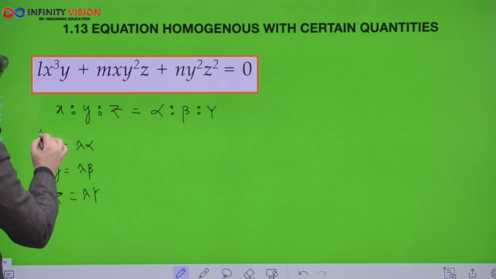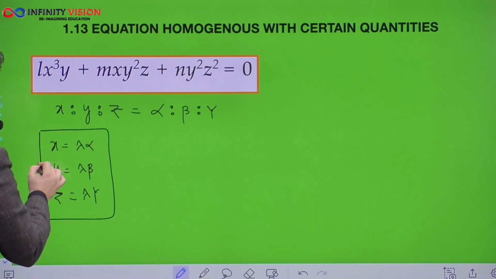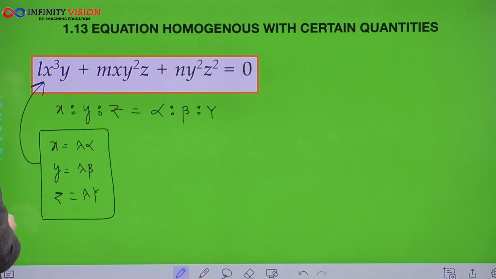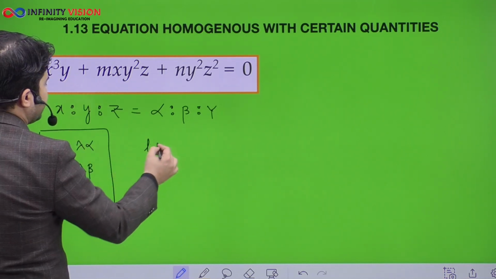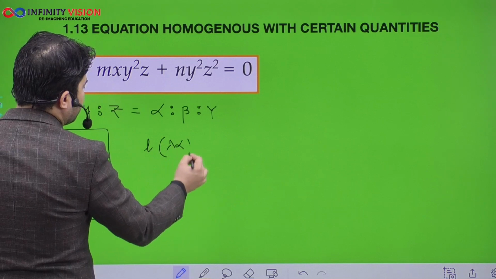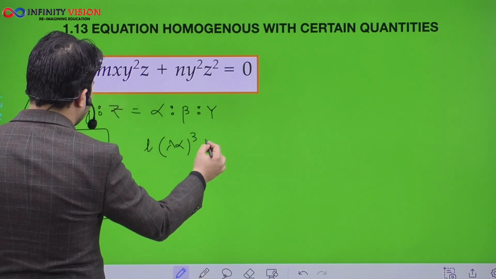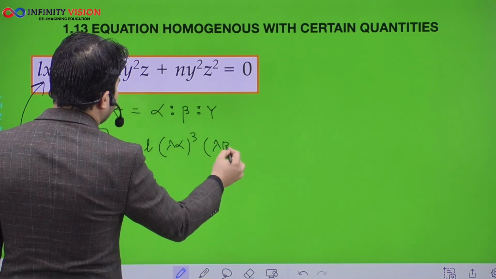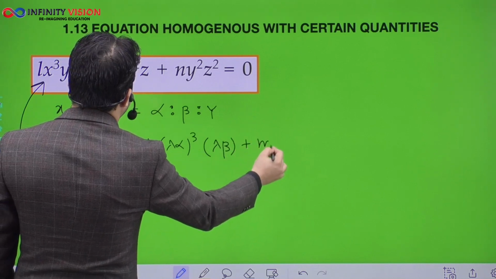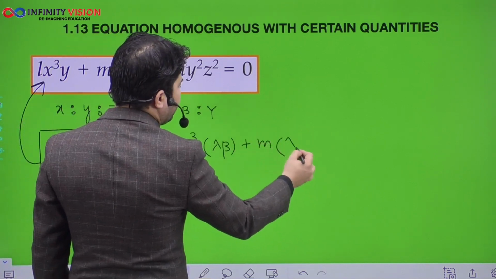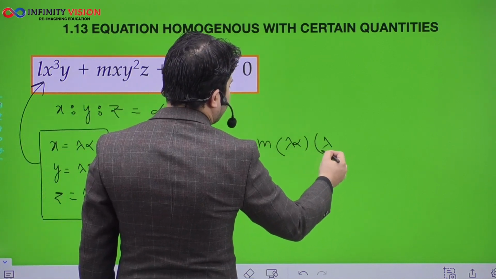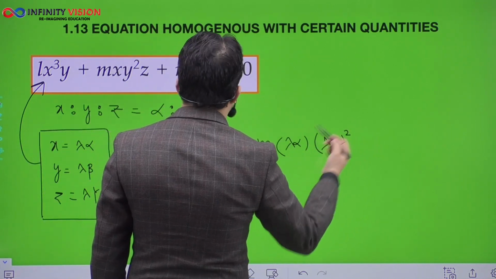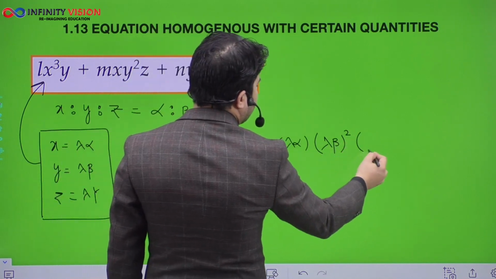And this can be substituted in the given equation, something like, let's say, L into x cube y, which can be written as lambda alpha cube and lambda beta, plus m, x can be written as lambda alpha and y square can be written as lambda beta whole square and z can be written as lambda gamma,